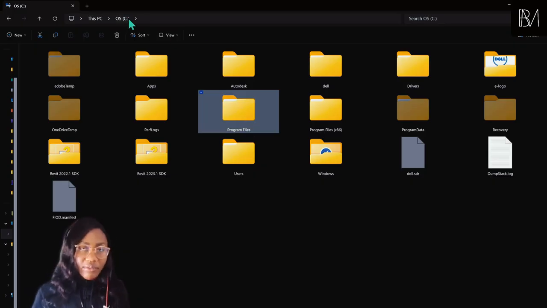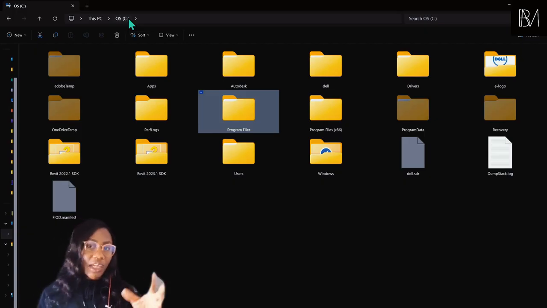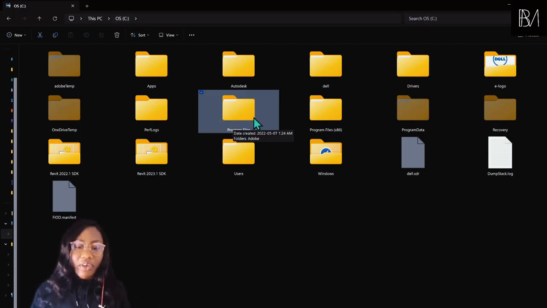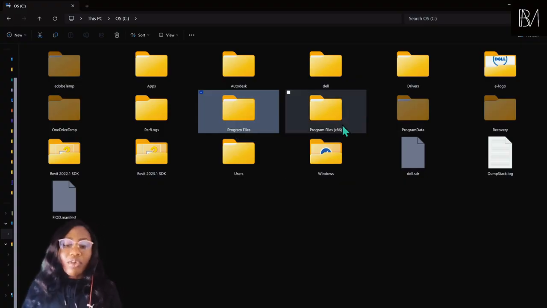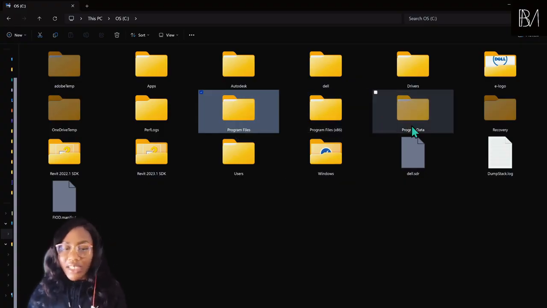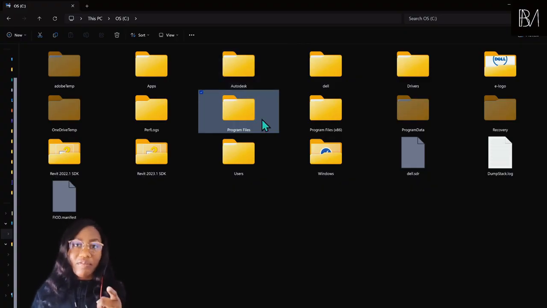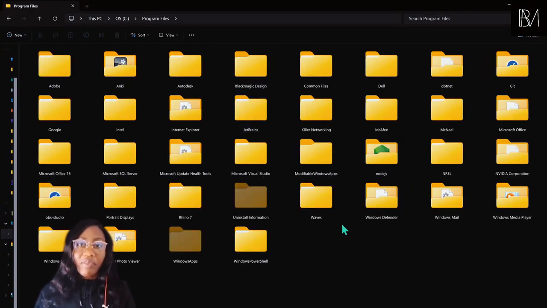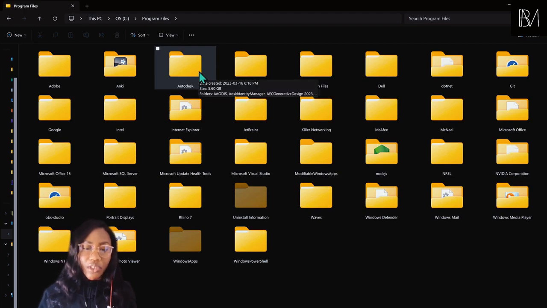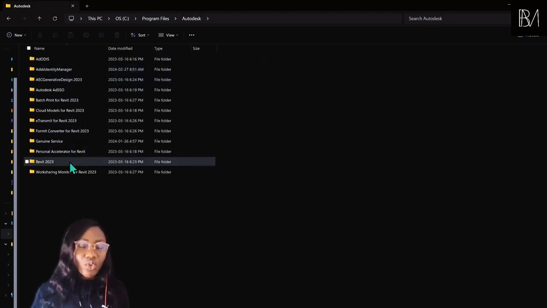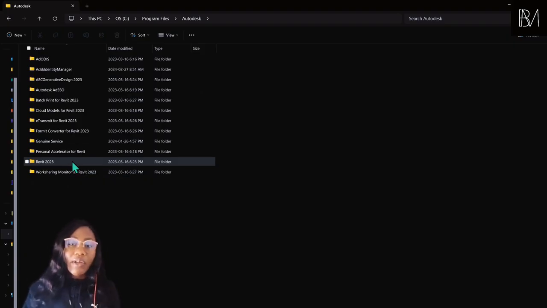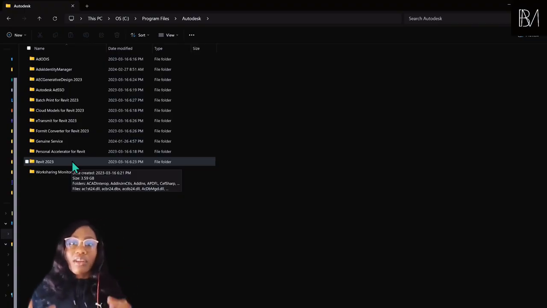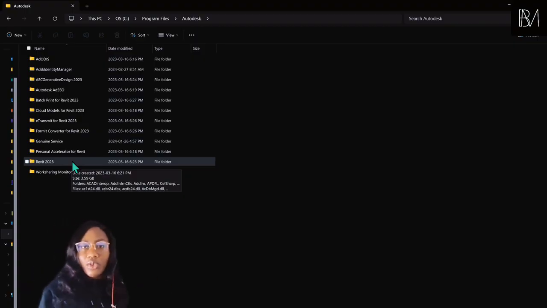Navigate to your C drive. If this is your personal laptop, it should have your name on it. Go into your program files folder, not program files x86, not program data, not Autodesk, program files. Inside of program files, go into the Autodesk folder and then navigate to your active Revit installation. It's very important that you go to the Revit version that you are trying to make a plugin for. So if you're trying to build a plugin that you test on Revit 2020 or 22, doesn't matter, go into that folder